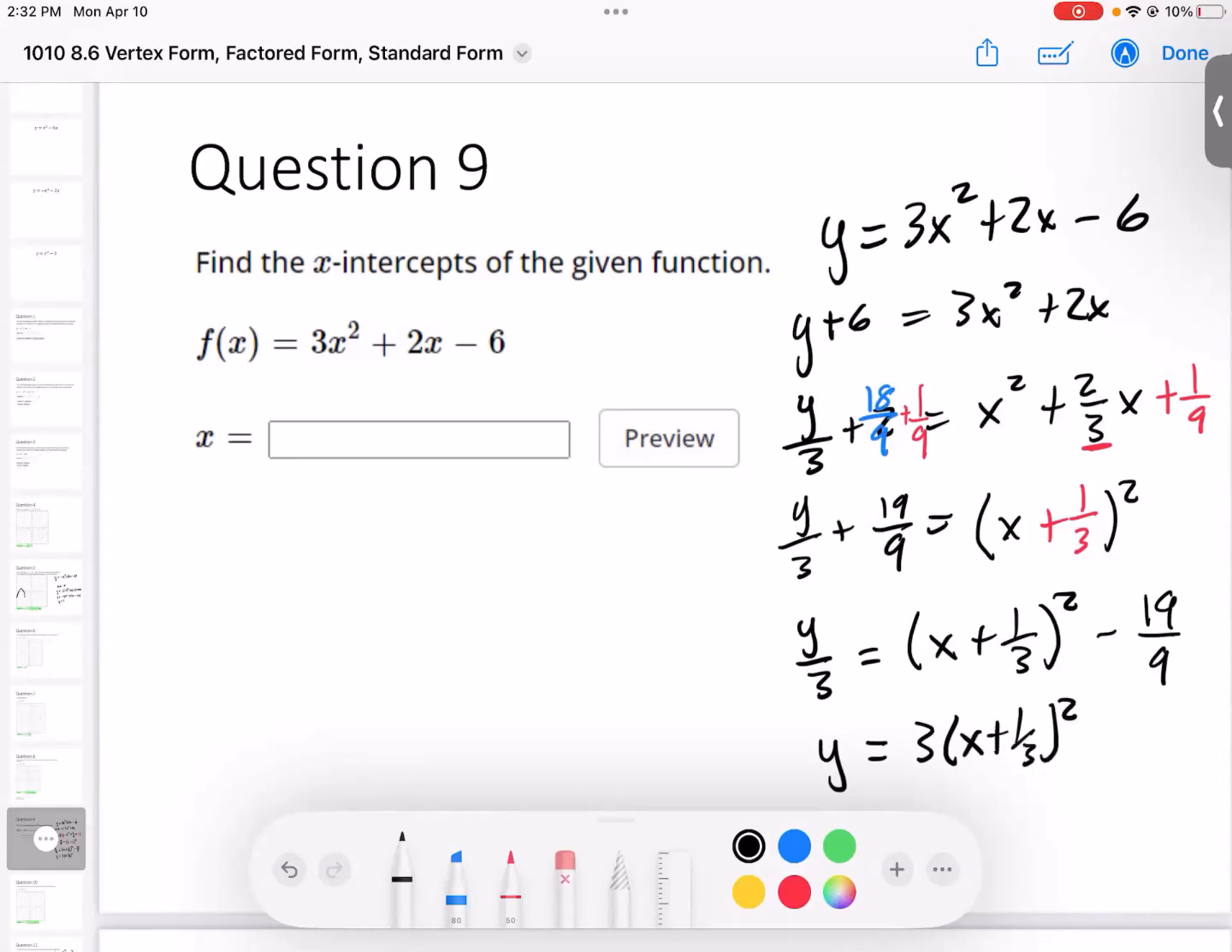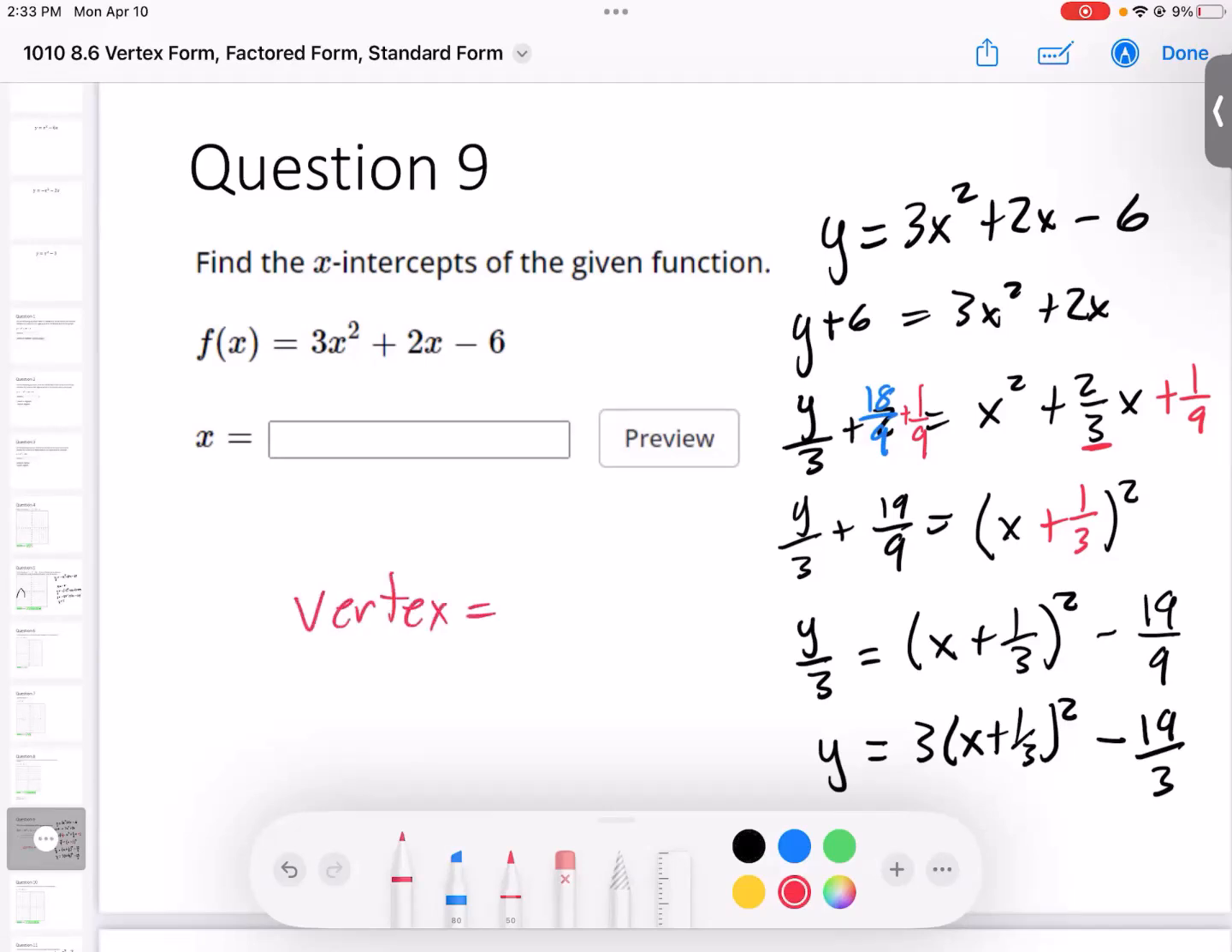And you don't want to distribute this 3 inside of here because you would actually have to FOIL out the squaring part before you distributed it, which would undo the whole point of why we got it into this form. So you just leave it like this and you say I have 3 times all of this stuff. Then I also have 3 times negative 19/9. Well, 3 over 9 is going to cancel out some of the factors and I'll end up with negative 19/3 when I multiply by 3. And so what this tells me is that my vertex